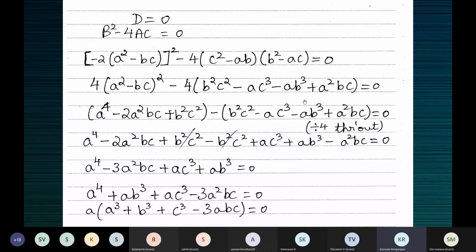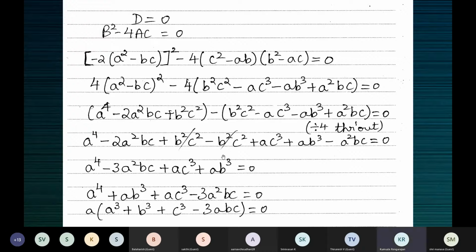Here, when you divide this term by 4, the denominator 4 and the numerator 4 get cancelled and you have all these terms is equal to 0 by 4, which is 0. So in the next step, you cannot see a 4 because we have divided by 4 throughout. These two terms in the left-hand side, when divided by 4, this 4 is lost. And 0 by 4 is 0. Now be very careful. There's a minus outside. So all these terms will come with their opposite signs outside the bracket.